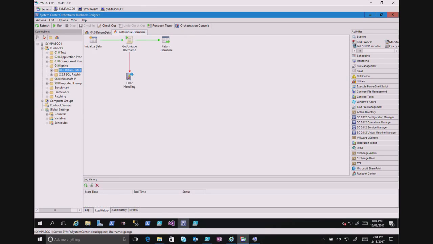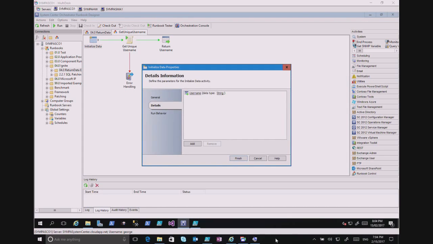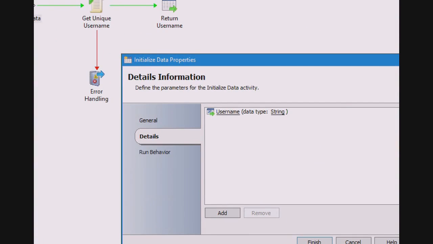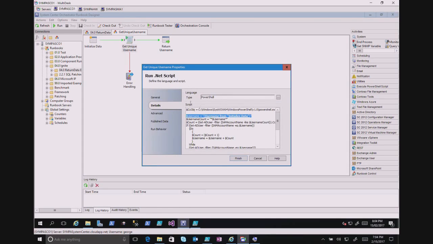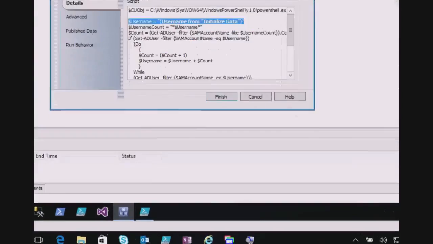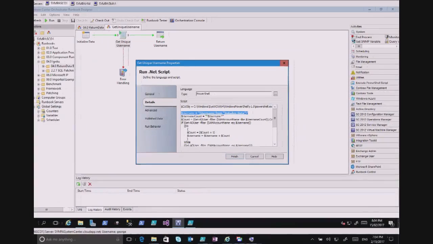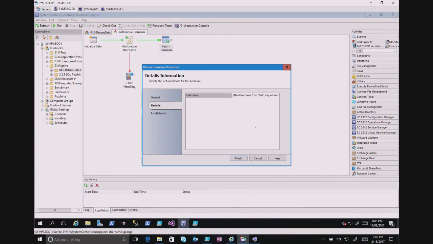So as you can see, we'll have a quick look at the runbook that I'm going to migrate. Inside here we've got an activity that allows me to specify a parameter. It's like creating a parameter in PowerShell. I've got a link that's a success link. I've got a link that's a failure link that you can see inside here. And I've got a PowerShell script that specifies a username from my initialized data. Let me just zoom into that. I've just got an output where I've returned data from the get unique username activity that I created. And then I've just got a standard activity that I've created. It's got my server name. I'm going to write to the event log the output from my get unique username,